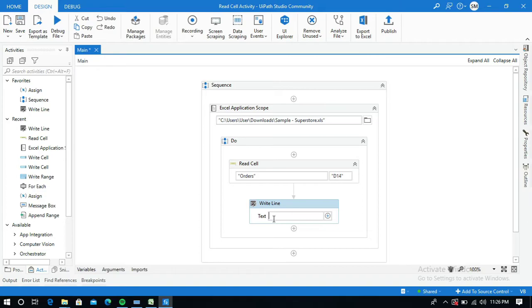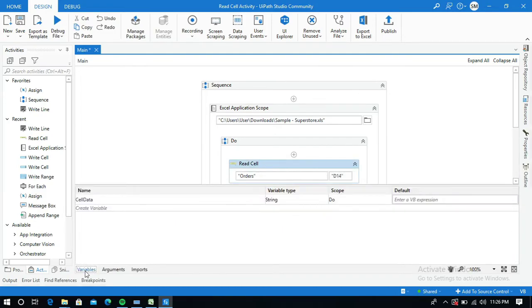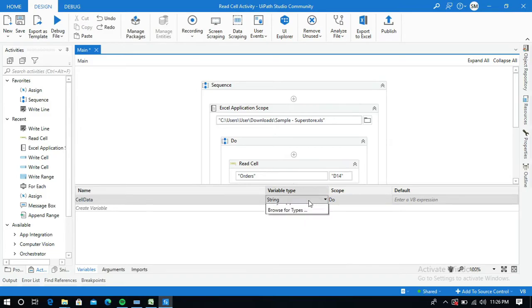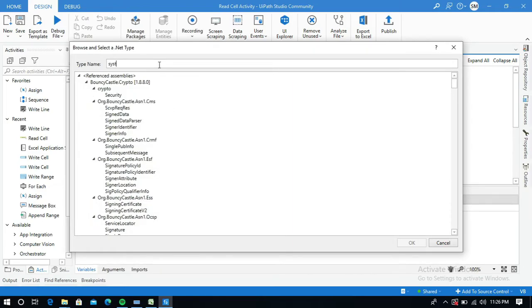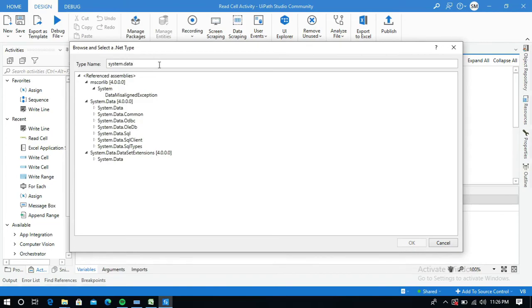So before providing the cell variable here, I need to change the variable type to System.DateTime.